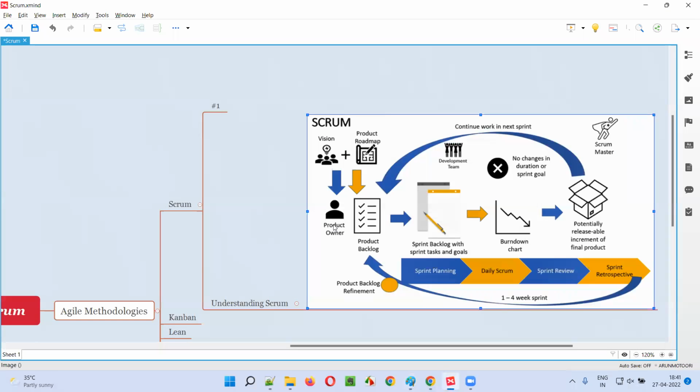The same process will repeat where the product owner will pick some of the user stories from the product backlog and conduct a sprint planning meeting with the development team again for the next sprint. Whatever stories are accepted by the development team for sprint 2, that is iteration 2, will be assigned to the sprint backlog of iteration 2 or sprint 2. And again, for the next 10 working days, the team will be working on the stories. Every day a daily stand-up meeting, the daily scrum meeting, will happen. The scrum master is the one who will take care of the meeting.